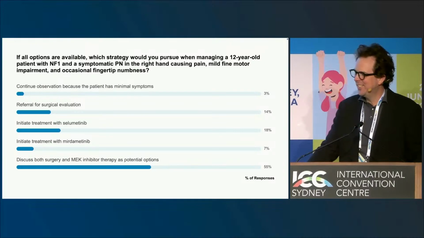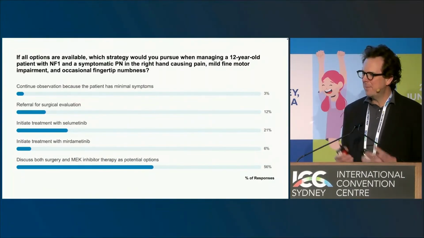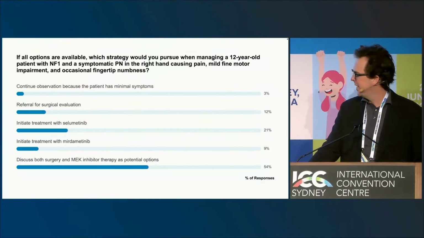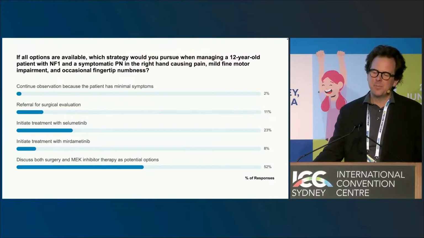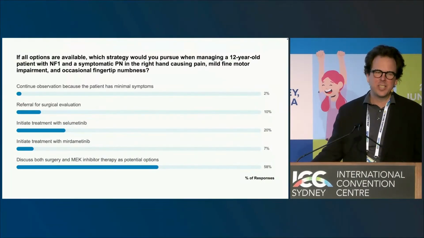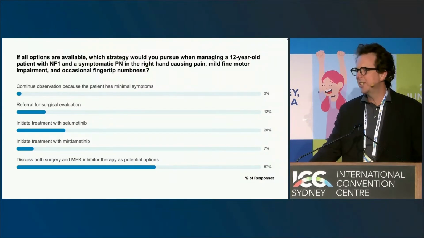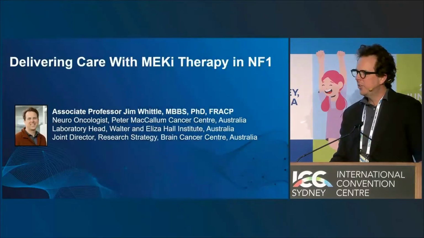Okay, all right, so we're changing a little bit here, but a lot of people are thinking about both options, and I think that's really important because it suggests, as we've talked about, the need for multidisciplinary care and considering the right option for the right patient is really critical here. So I think that's a really key message that's coming through here.